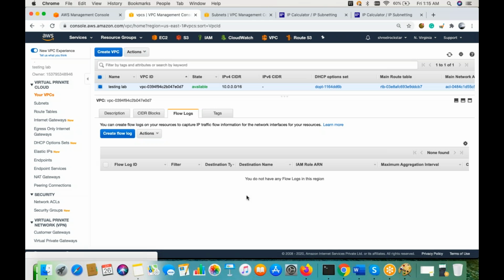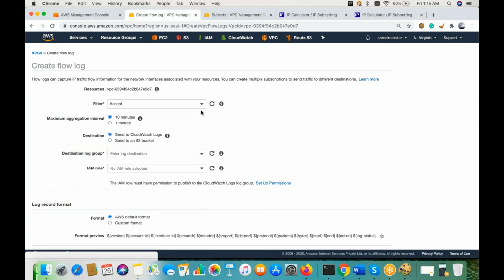So definitely they have to allow your network, then only you will be able to reach their network, right? So you have provided everything, but still you are not able to access their network. In that case, you can enable create flow logs, and flow logs will give you the in and out traffic from your VPC to outside the AWS boundary, or whichever your destination is. So guys, a 10-minute interval is the default, which is free. But if you go with 1 minute, then only it is chargeable. And for the destination, you can go with either CloudWatch or S3.